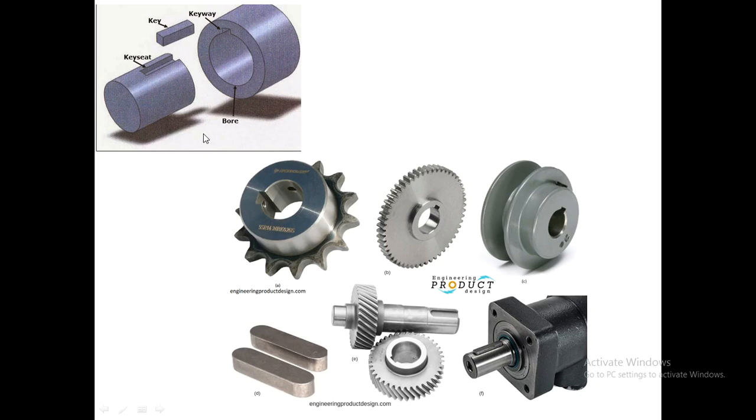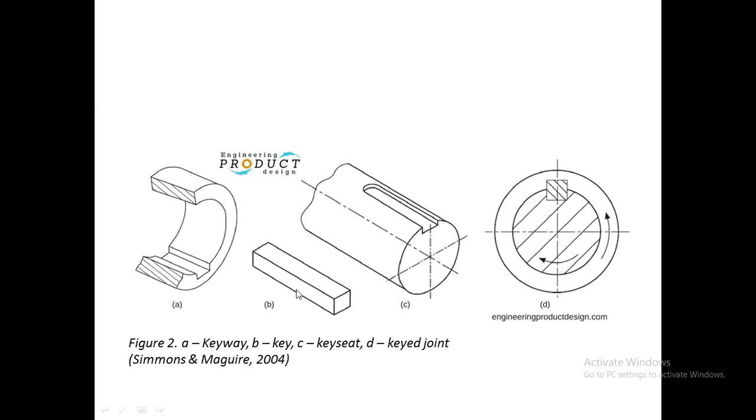So here we can see a picture of a key which connects two shafts. One is a hollow shaft and one is a solid shaft. And the keyway is also shown in the figure, and the key seat is shown in the solid shaft. At the bottom we can see some examples of shafts where we have different keyways, and figure D shows a parallel type of key. Here in this figure we can see the keyways, a square type of key, and the key seat.